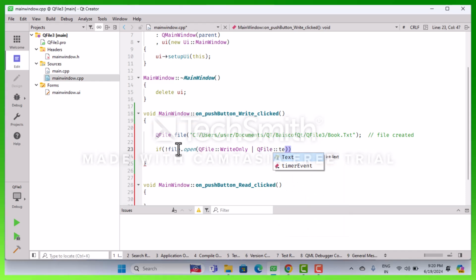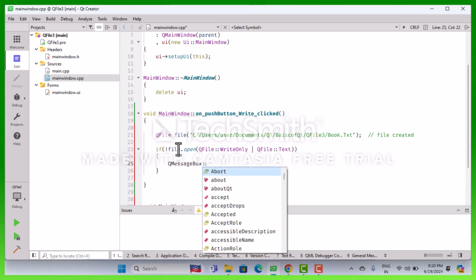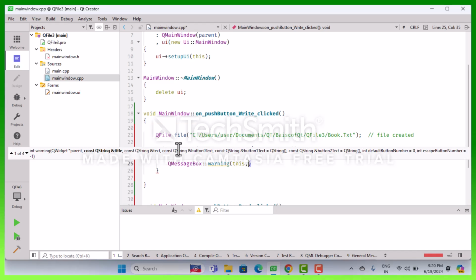You want to write the text, right? So that is why you have to select the text, and if the file is not open, just give the message, QMessageBox, that is going to be a warning message. And let's pass 3 arguments. First is the parent, so you have to call this object, the current class object, and then the title of the message. I am here writing only the title. And the third is what you're going to message. So I have to give that the file is not open,